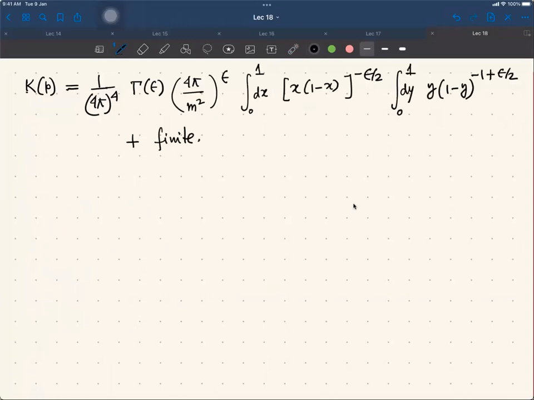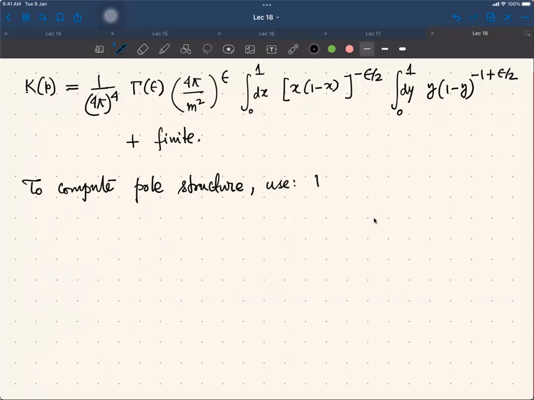Now we have to calculate the pole structure, and we have to analyze both the x and y integrals. So to compute pole structure,